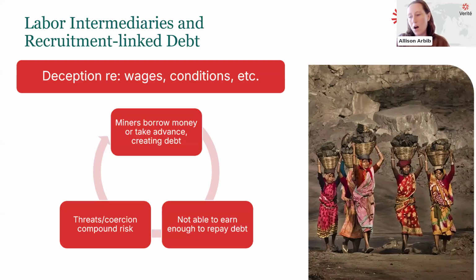There are other tactics that are used. So, for example, in addition to the sponsor system for equipment, people from recruiters may receive advances of money, clothing, transport as gifts. They may be presented as gifts up front. And then once someone is on site, actually not a gift, it's a loan. And again, thinking about the fact that these mining sites are often really highly physically isolated, once people are on site, they may have no way to be in contact with friends or family or other individuals who could help them.